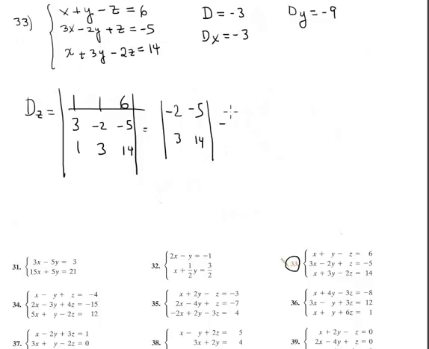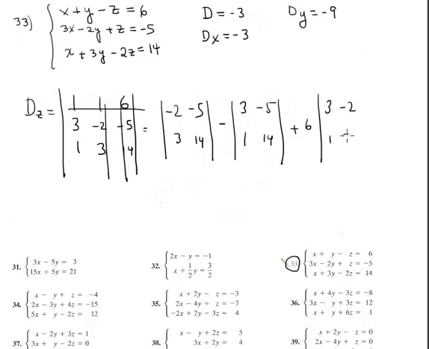Minus 3, negative 5, 3, negative 5, 1, 14. Plus 6 times 3, negative 2, 1, and 3. Now multiplication